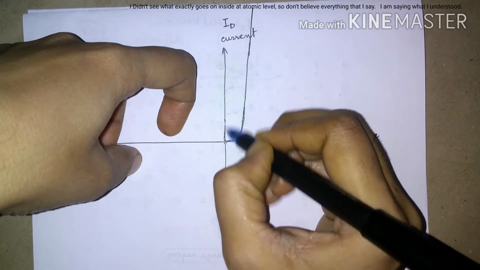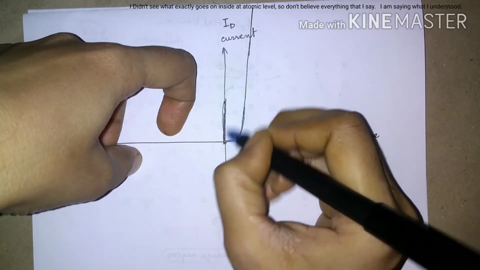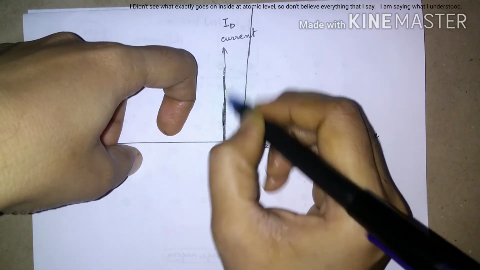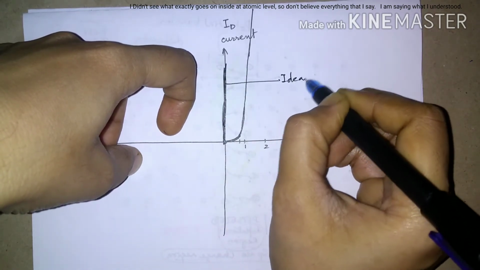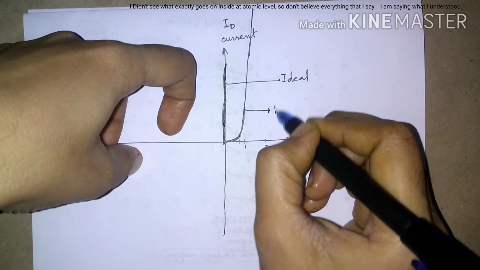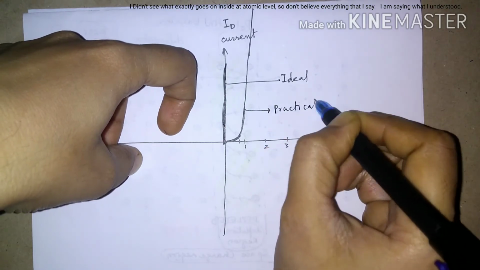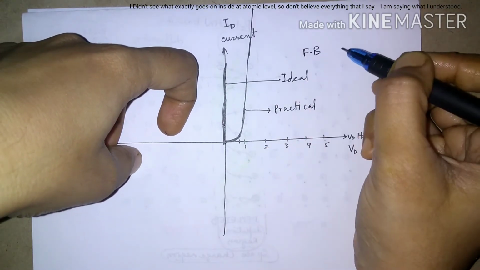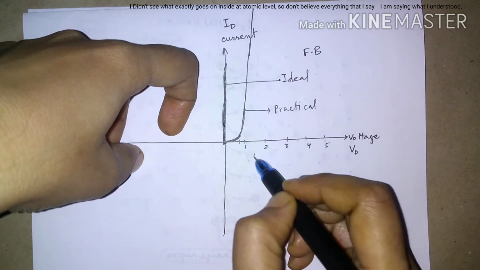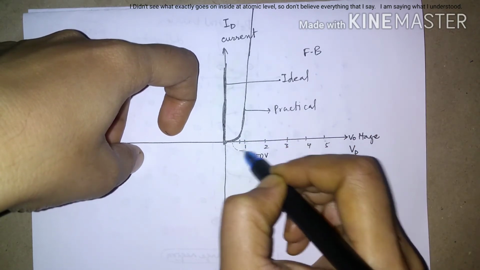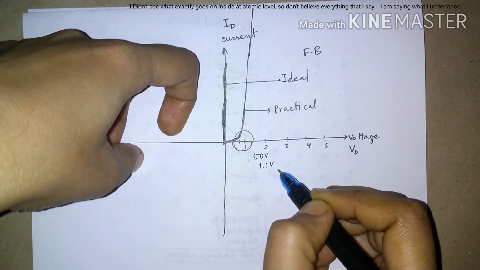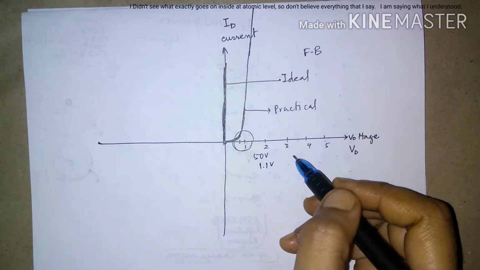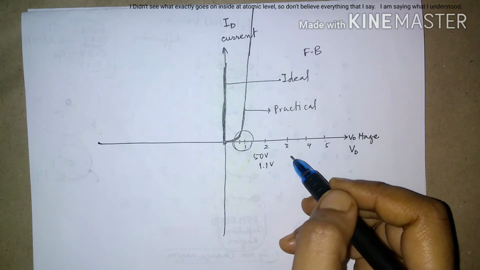The ideal characteristics are it should switch on as soon as you give it some forward bias. So these are ideal characteristics, and these are actual practical diode characteristics when it is in forward bias. No matter you give 50 volts, the drop across the diode will not be more than 1.1 volts or 1.2 volts in practicality. It depends on the diode's construction also. Fine.